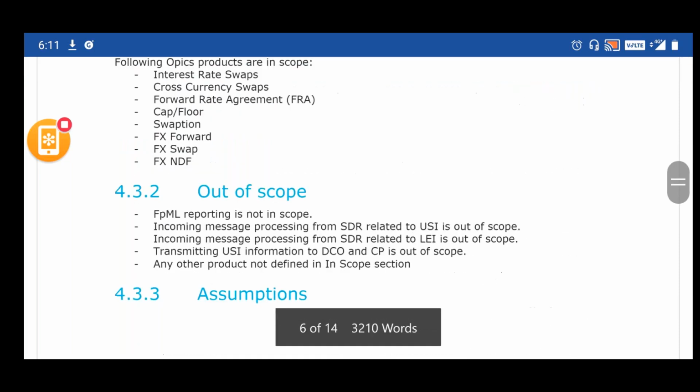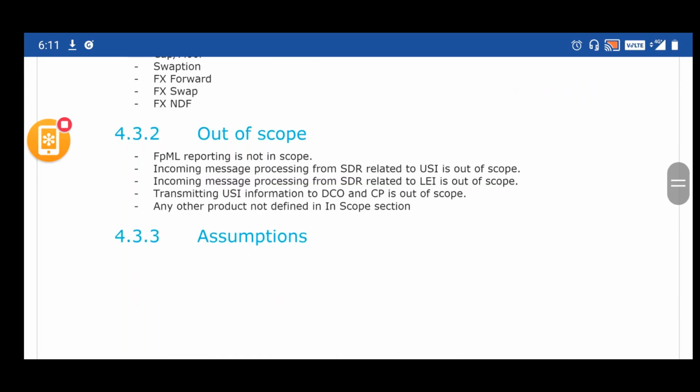Then we talk about the out-of-scope items, the requirements which are outside the scope of the development activity. You can find those requirements under out of scope, which may be falling on the boundaries of the system, or maybe because of the timelines, the budgets and everything.